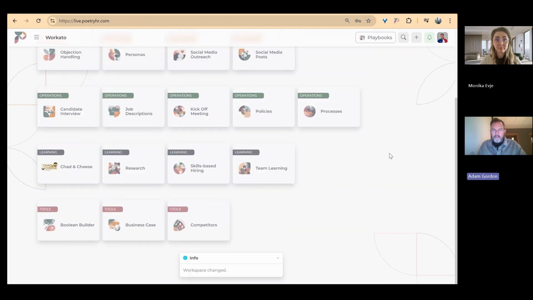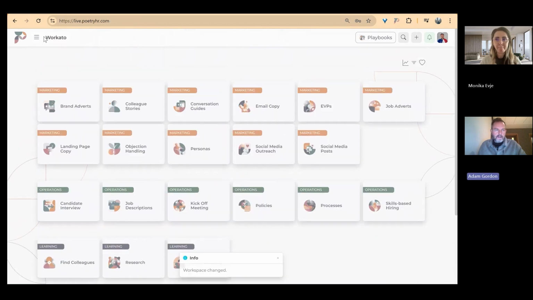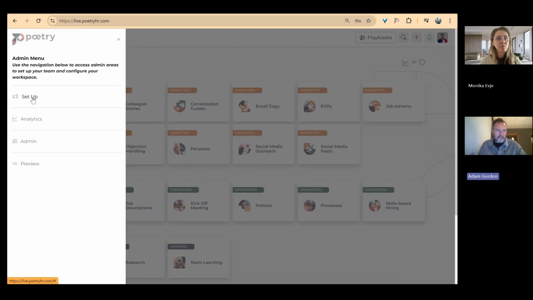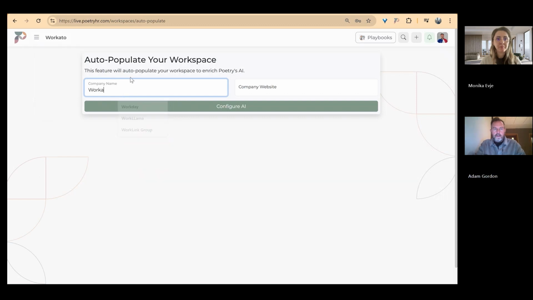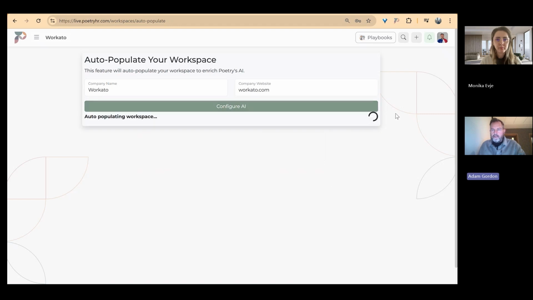Go to workspace. Okay, so the first thing I need to do is contextualize the workspace so that it is perfect for this organization. I'm going to go to auto-populate, Workato, workato.com, figure AI, and this will take about 60 seconds. And what it's doing is